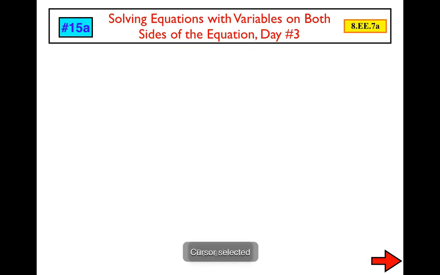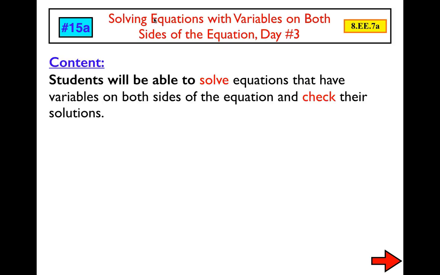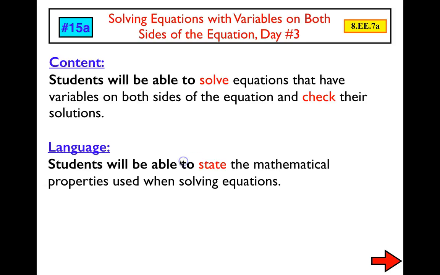So today we are working on 15A, which is solving equations with variables on both sides. This is day number 3. The main difference is we're now going to be working with rational numbers. Our content objective is students will be able to solve equations that have variables on both sides of the equation and check their solutions. Language objective is students will be able to state mathematically the properties that are being used